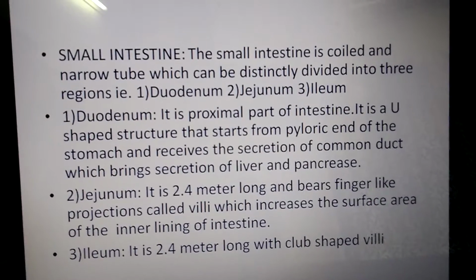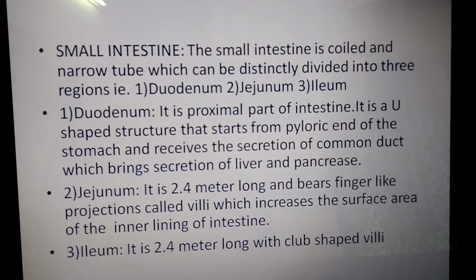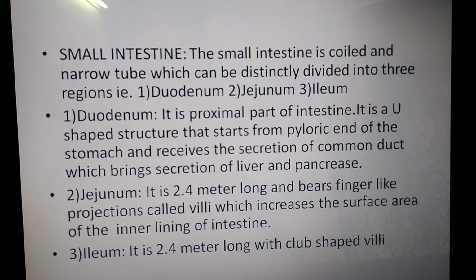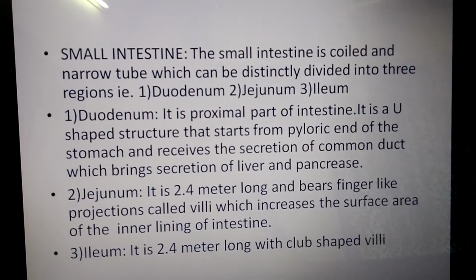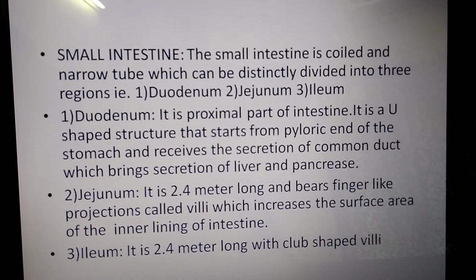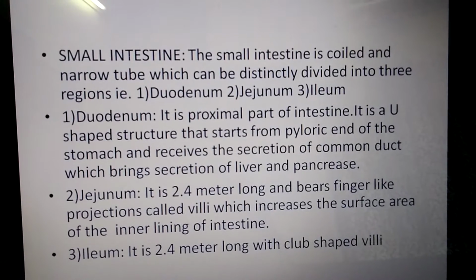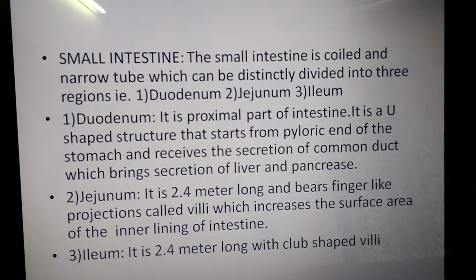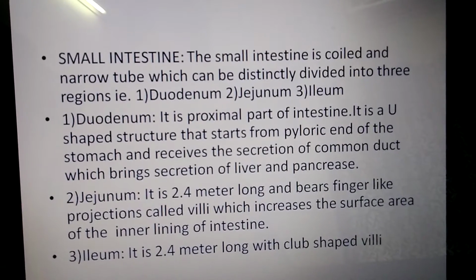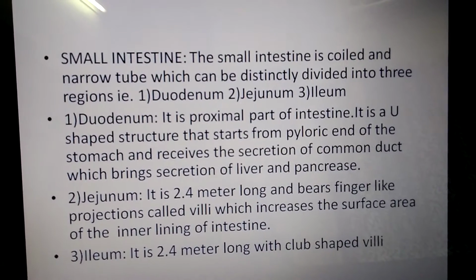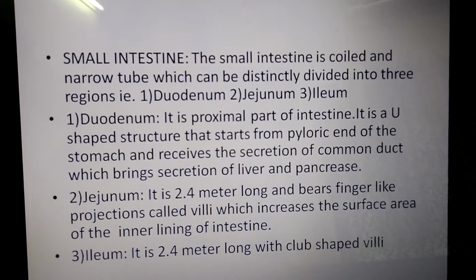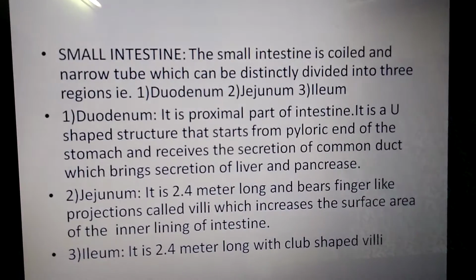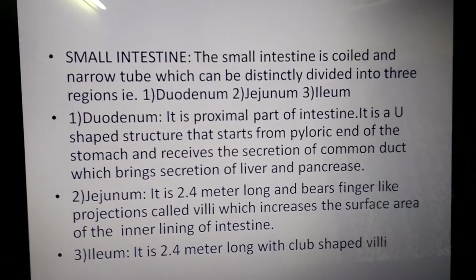Till now we are studying basically all the organs which are involved in your alimentary canal in the digestion process. Till now we have seen what mouth is, the buccal cavity, oral cavity, then we went through salivary glands, then we have studied pharynx, esophagus, stomach, and finally we are going to study the small intestine, and after this we'll continue with the large intestine.